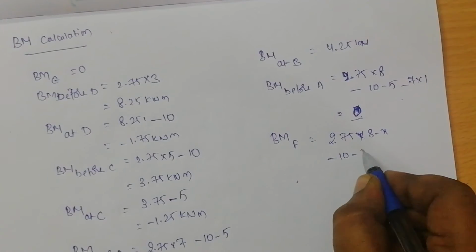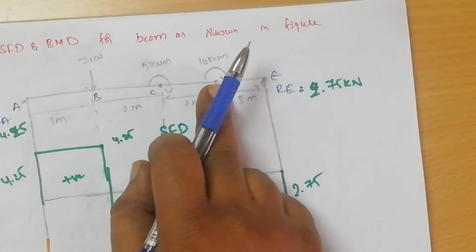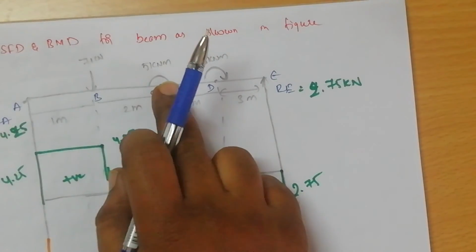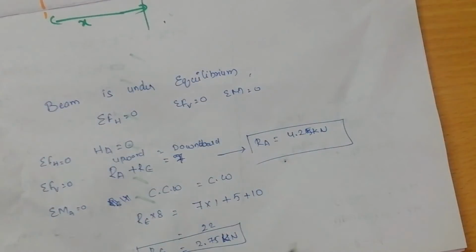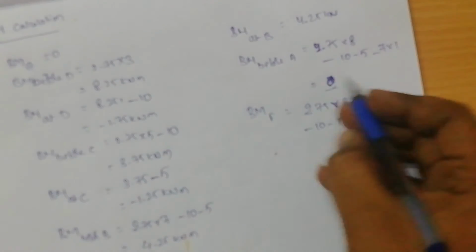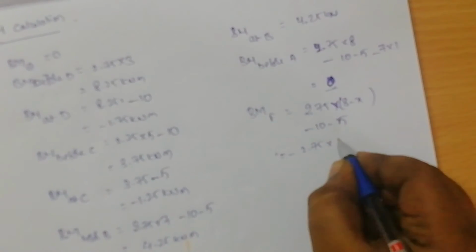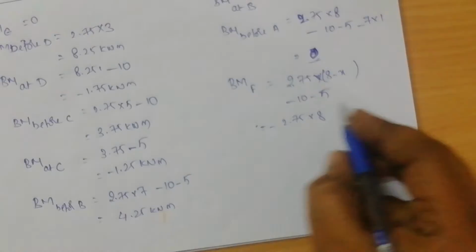Minus 10 minus 5. Why this minus 10 and minus 5? Before point F we are having two moments, that is minus 10 and minus 5. So I have taken those values. Those values when taken, we will check the answer. So this is in bracket, this is together. So the answer is minus 2.75 into 8, minus